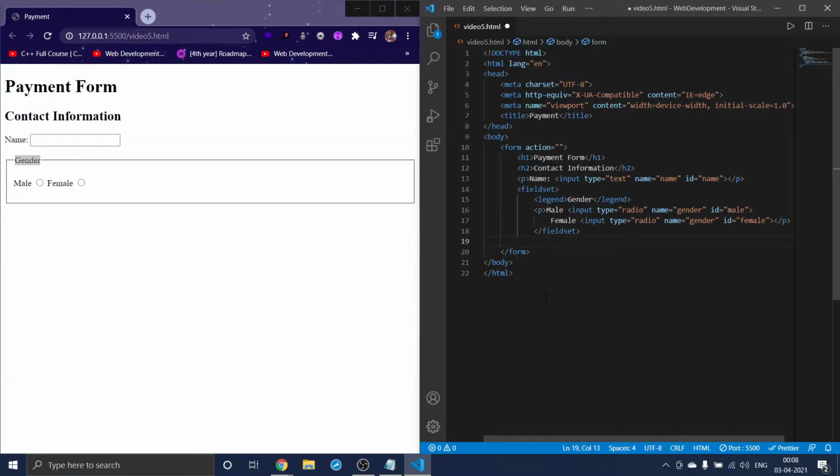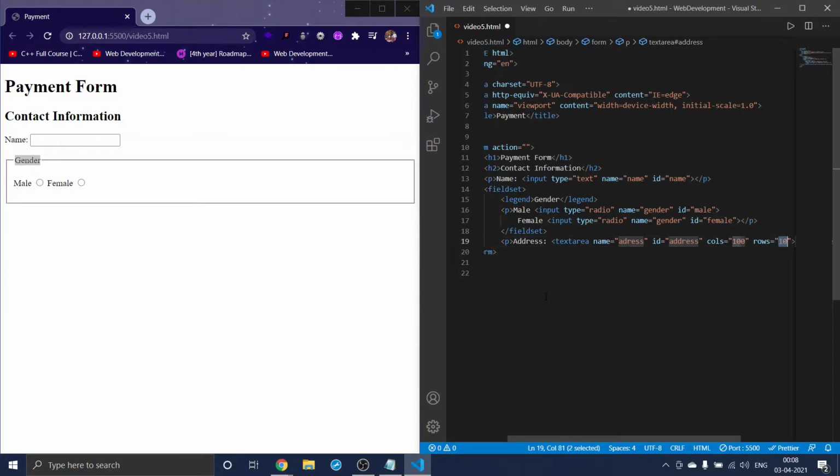We need an address, right? So for that I'll use a p tag, and in that I'll write Address, and in that we will use a textarea. This is also a type of input, but we will not be using the input tag here. We will be using textarea, and in that name I will give address, and even the ID as address, and columns I will give as 100 and rows as 10.